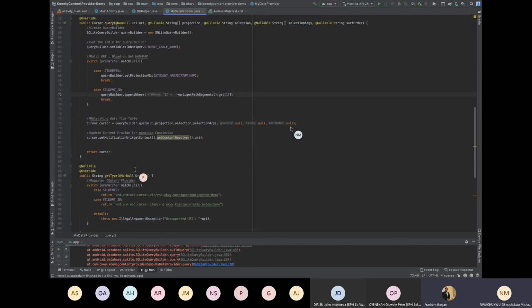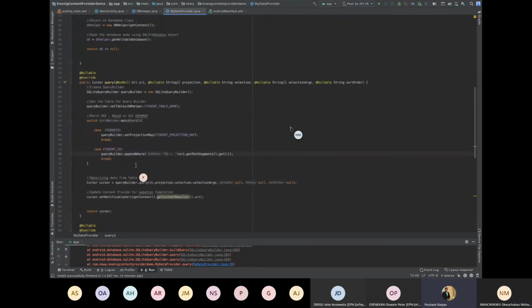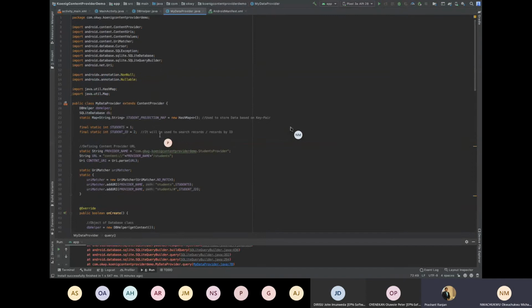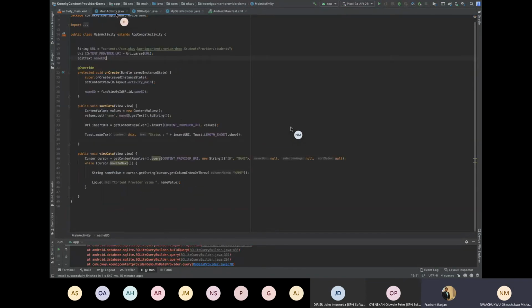Code looks fine. There's no error. Projection map is also fine. ID part is mentioned fine. Coming to this part: content resolver, content provider, new string ID and the name.